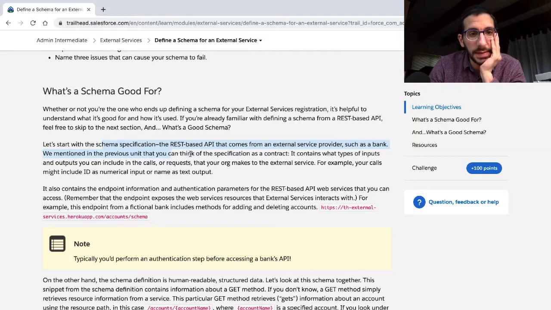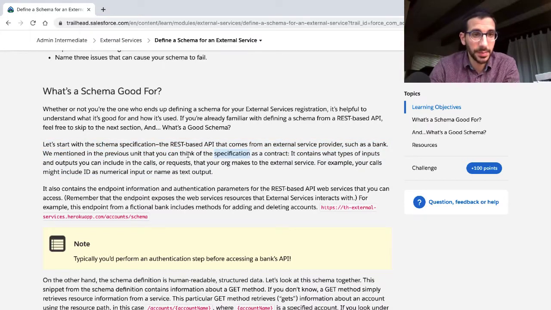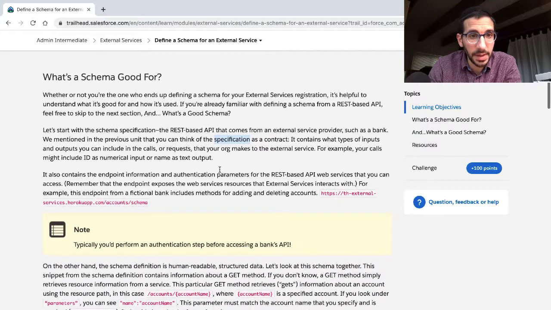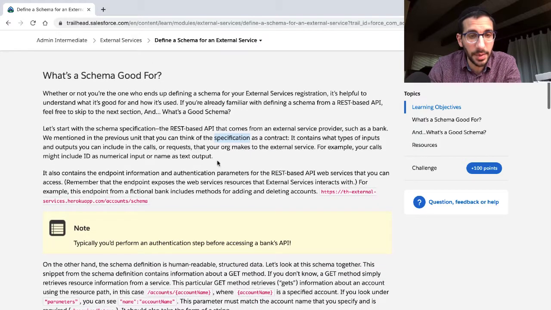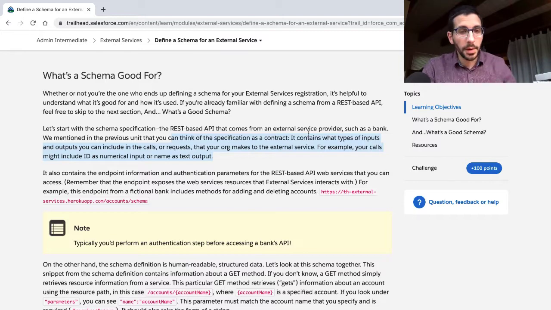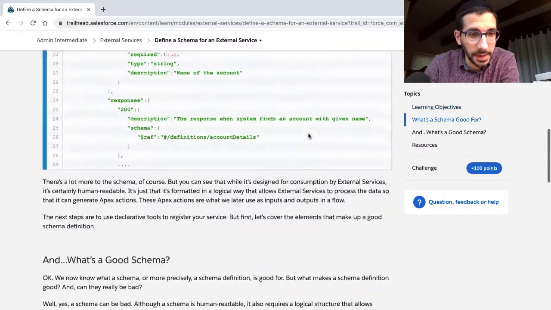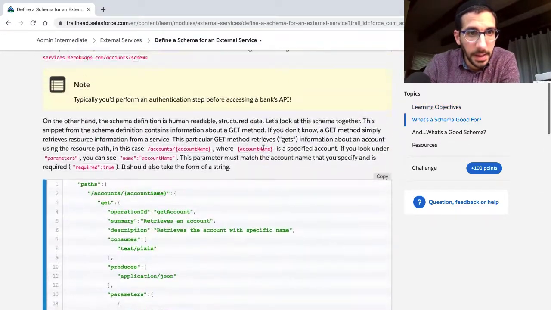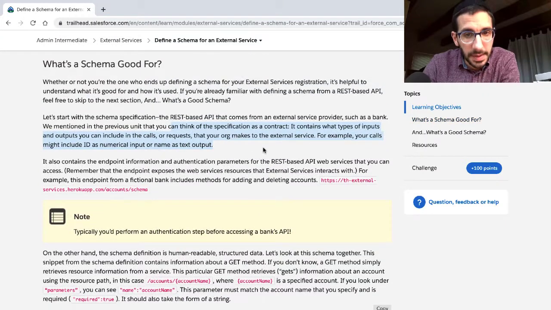You could think of a schema as a specification, as we mentioned previously. You could think of the specification as a contract. Is a schema a specification? I think so. It contains what types of inputs and outputs you can include in the calls or requests that your org makes to the external service. For example, your calls might include ID as a numerical input or name as a text output. Okay, so in terms of what a schema is good for, because it seemed like we already learned that, a schema seems to me to be good for